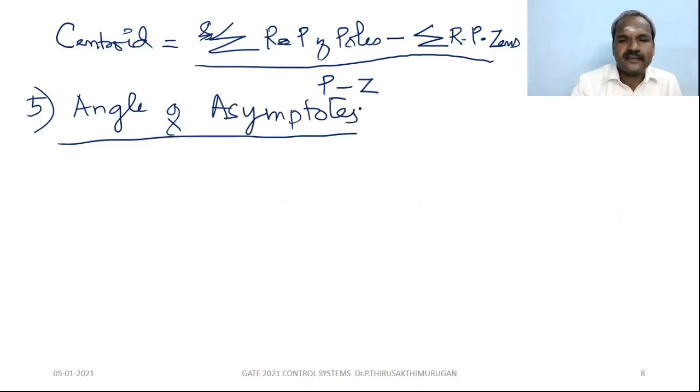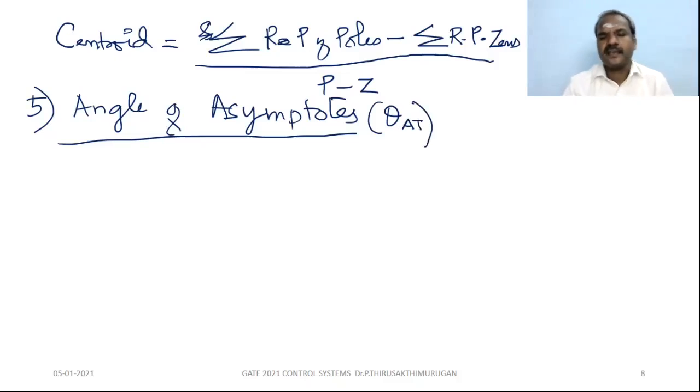Consider the angle of the asymptote to be theta A. The angle of arrival and departure is there. So the angle of the asymptotes, theta A, is nothing but,